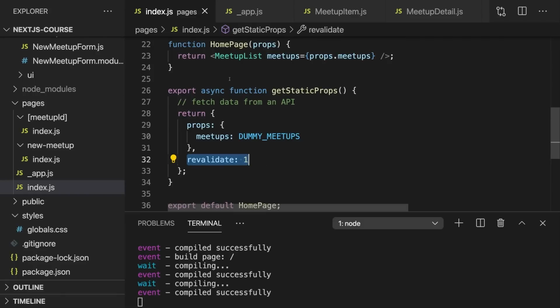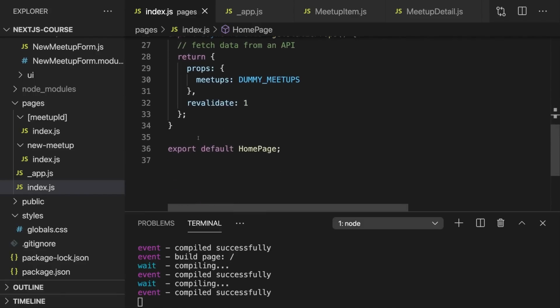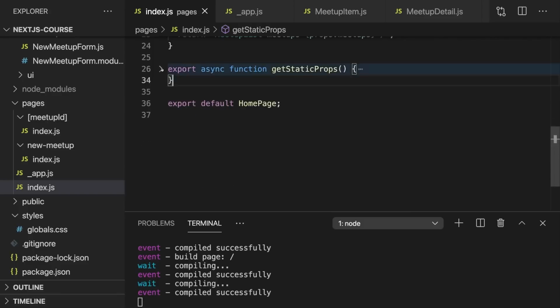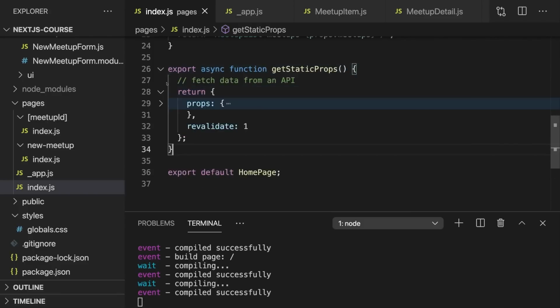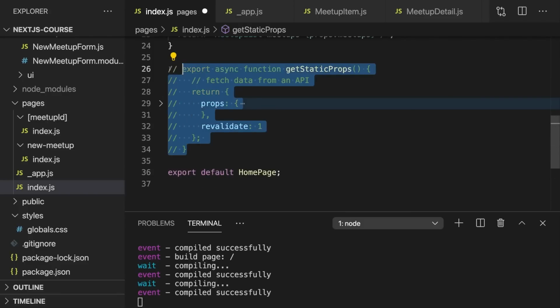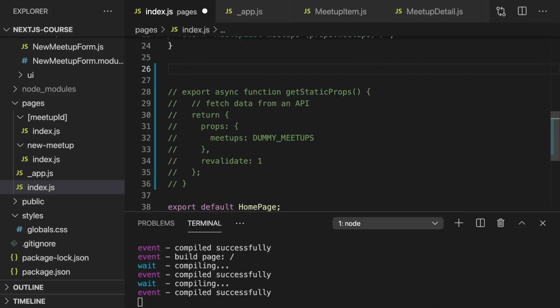And if that's your goal, then there is an alternative to getStaticProps. Now I will comment out getStaticProps because it is the better choice here and I want to use it later again, but I want to show you this alternative as well. And that would be another function which you can export, a function that can also be async if you want to, and that's the